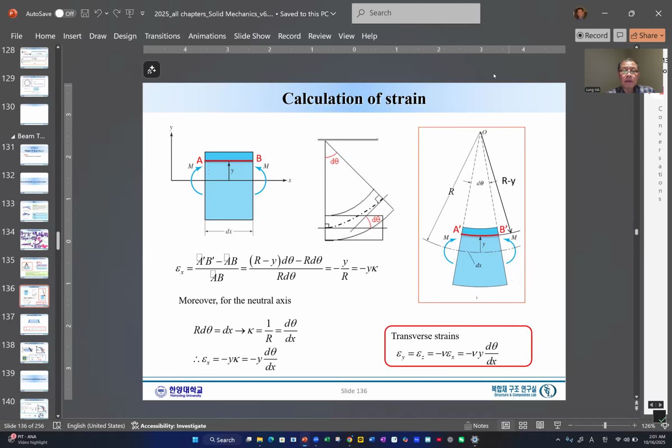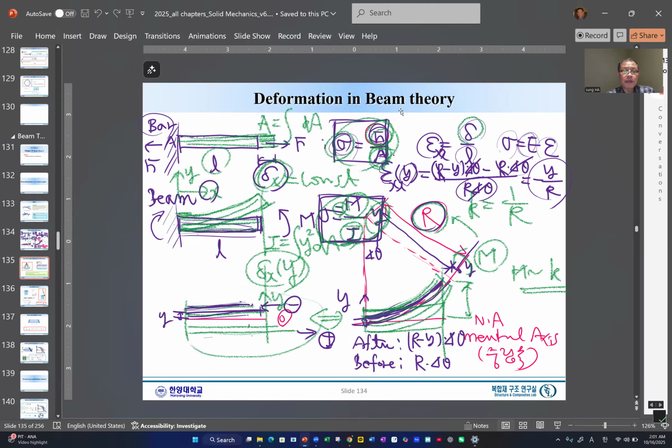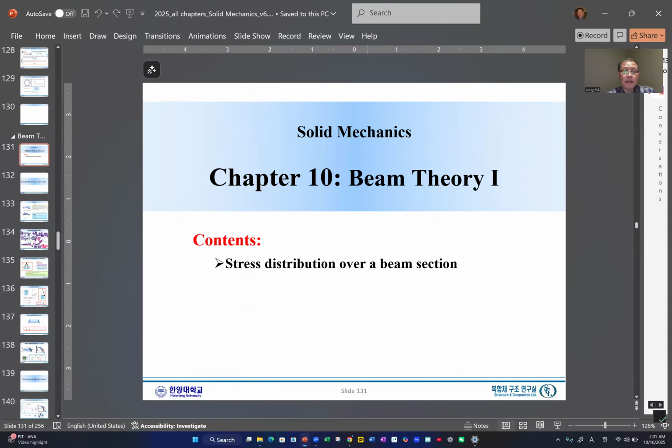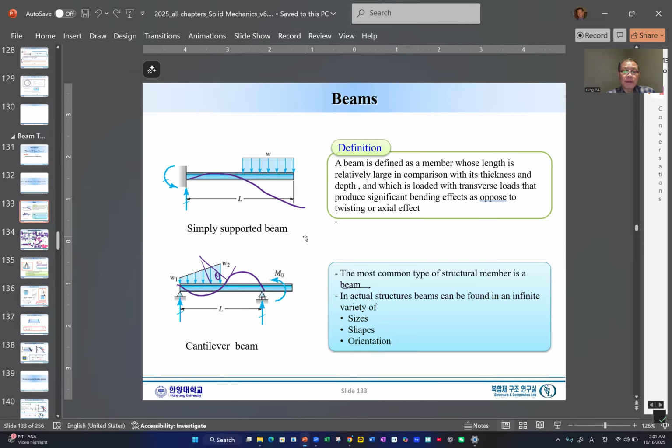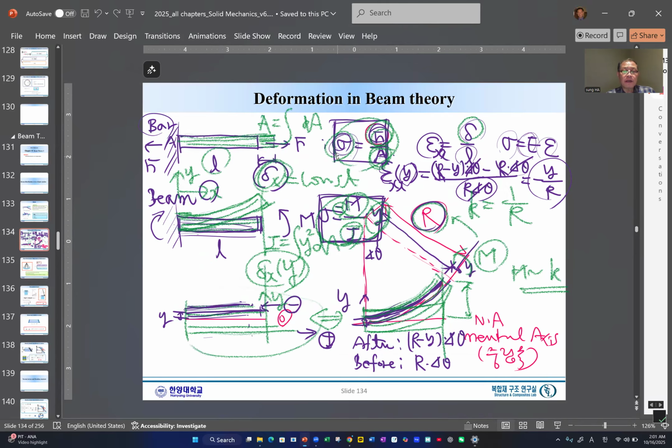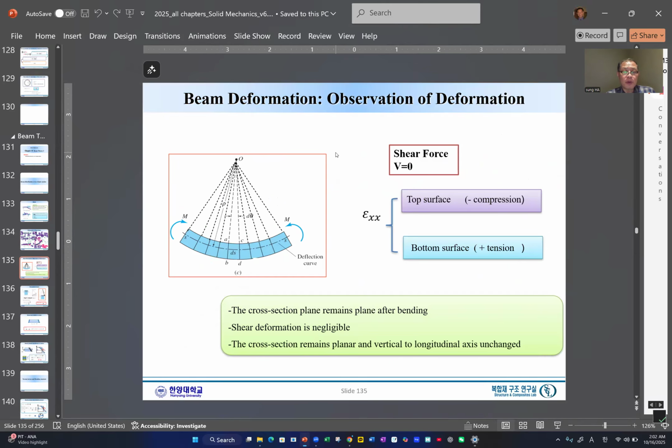Okay, this is actually chapter 10. This is about the beam theory, and it starts with the stress distribution over a beam section. There is a definition of a beam: it is a slender member, meaning that the length is longer than the cross sections. And deformation theory, and the most important